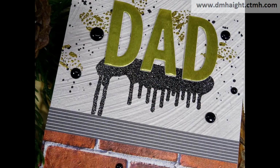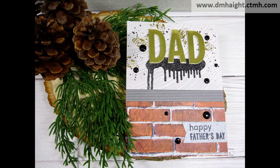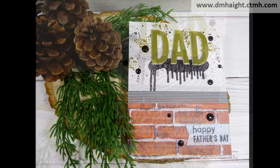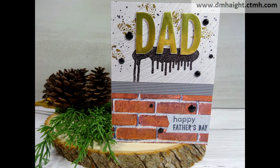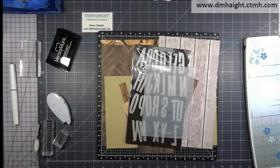And here's some close-up shots. I like the way this one turned out. Very masculine. Bricks and concrete and paint. Okay, next card I'm going to use the